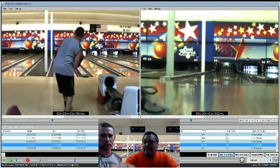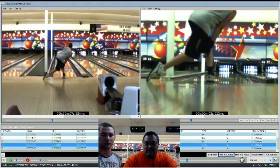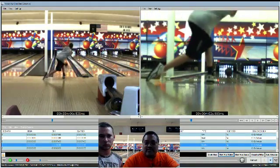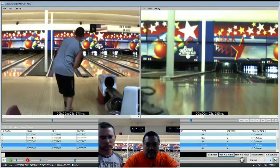No, down lane. I'm telling you, the swing is different. That's why I switch balls, though. I mean, but what I'm saying, the swing is different. Okay. I don't care how the ball reacts. If you look at that swing, okay,